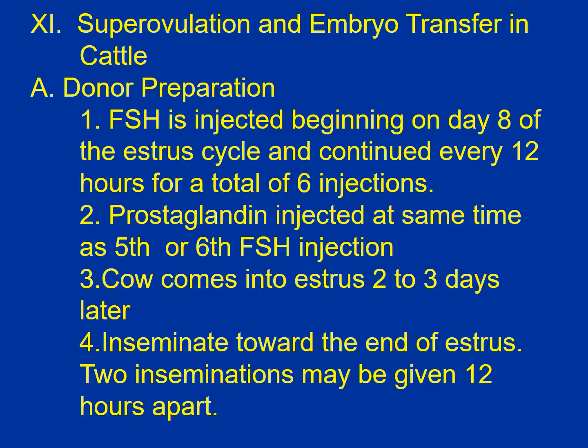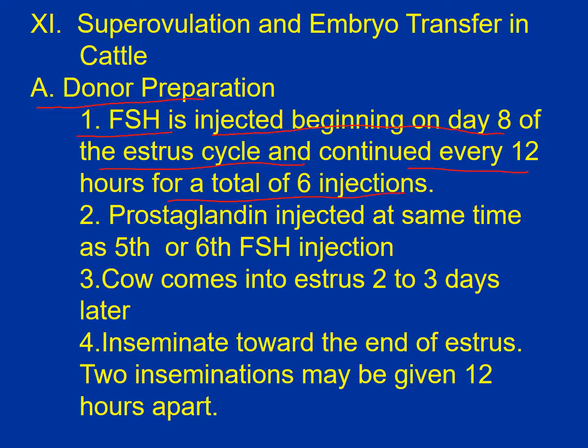So we have an outstanding cow and she's going to be the donor of embryos. So FSH, and FSH again is follicle stimulating hormone. It's going to stimulate the ovary to produce additional mature follicles. So we're going to inject beginning on day 8 of the estrous cycle and continue every 12 hours for a